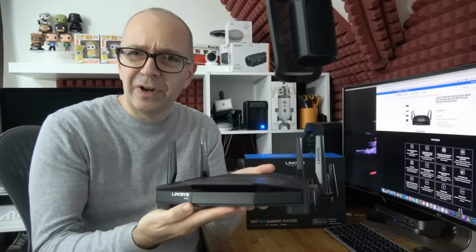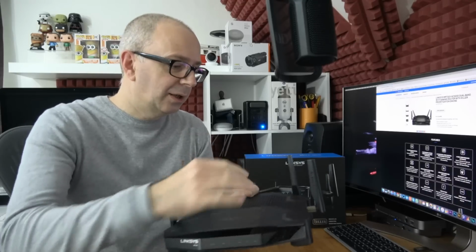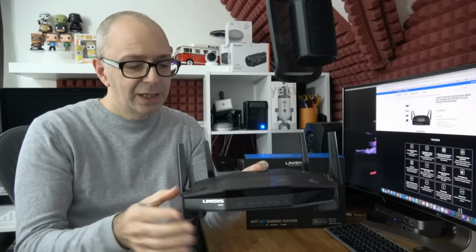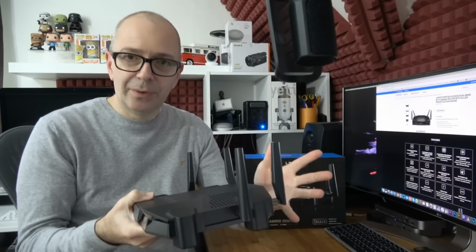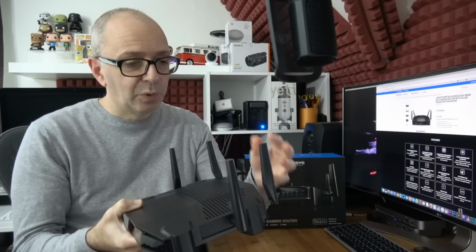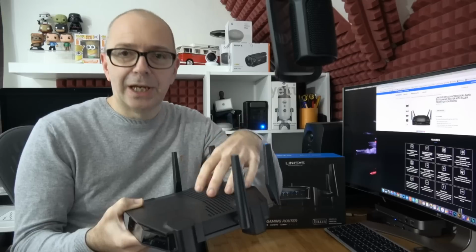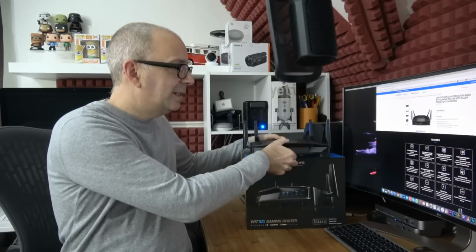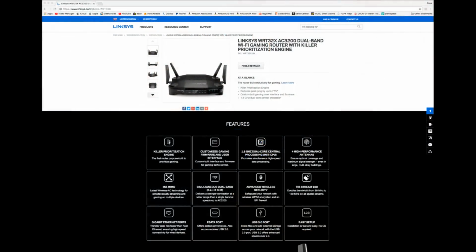It looks very menacing, doesn't it? A lot of these gaming routers take on this stance and look very, very imposing, and this looks amazing. It really is a nice piece of kit. Now I just want to emphasize that these antennas really do increase the range. I tested this just for a couple of days and found that the range on this was extremely good, very, very good indeed. But what I really appreciated was some of the user interface features and some of the technology that's built inside here as well. So without further ado, let's take a look online at some of the extra features you're going to experience with the Linksys